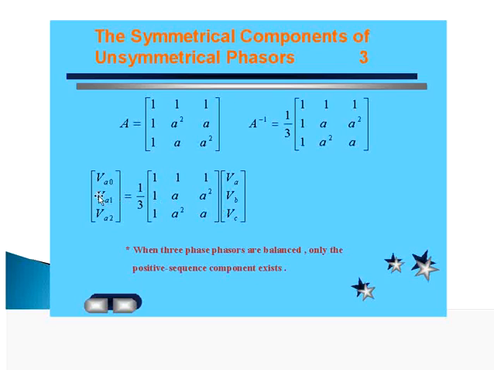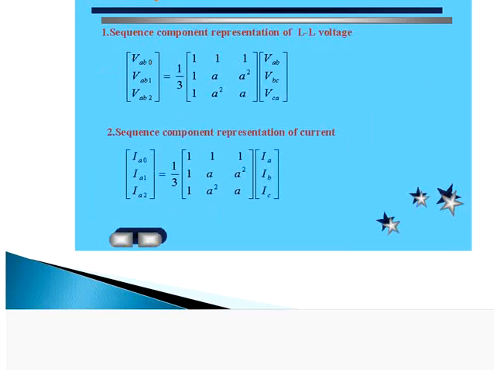Now, this is in terms of voltages. The same is applicable to the currents also. Here you can see sequence components represented in terms of line to line voltage. Till now what we have studied is only the representation of phase voltages. If it is line voltages, then again it depends upon whether the connection is star or delta. We will see this also in star and delta connection.